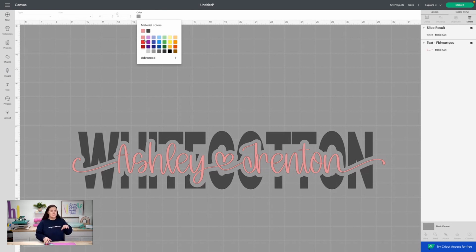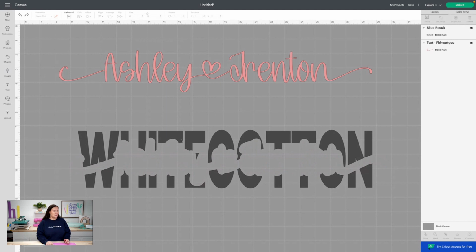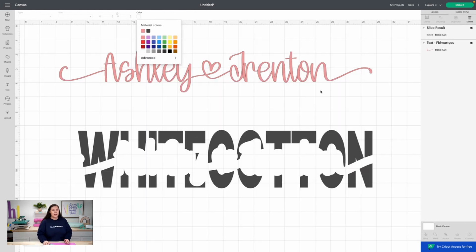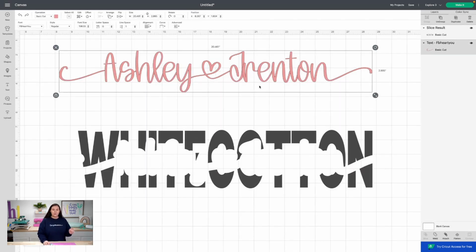You could put this down the side of a tumbler. Lots of different fun things that you can do with that. So I'm going to go ahead and hit that undo button there. I'm going to go ahead and change our background from black back to that white. All right. Now, a few more things. For example, if I did need to weld something, I would just go down and hit the weld.